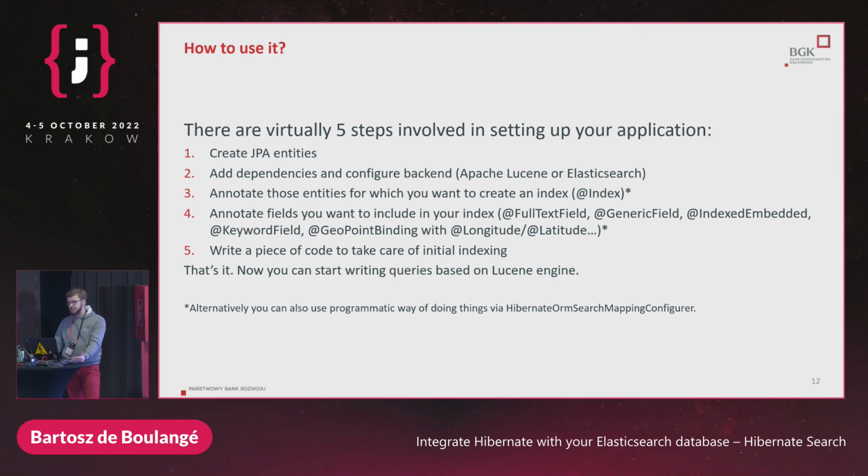So for example, we have full text field, which allows us to make full text search queries through this field. Then we have generic fields. Those are fields like double, long, or others that can be converted to strings and be searchable in our NoSQL database. Then we have indexed embedded if we want to embed some object inside, because what we have to